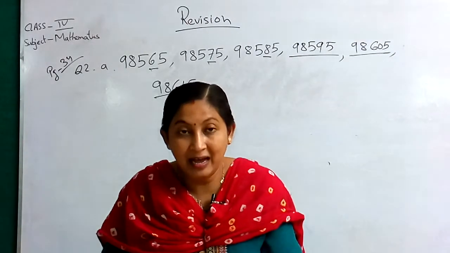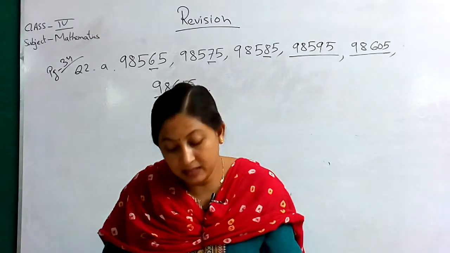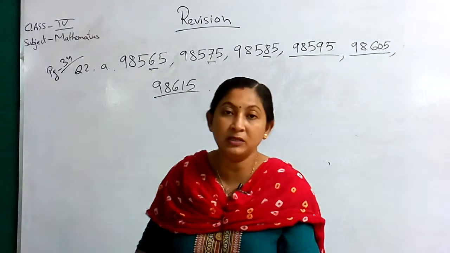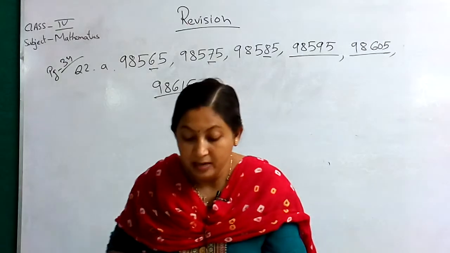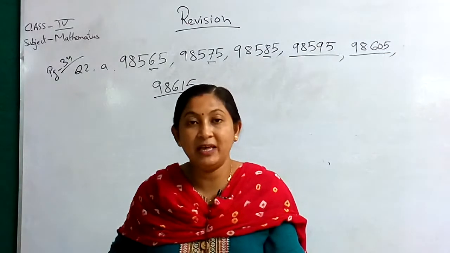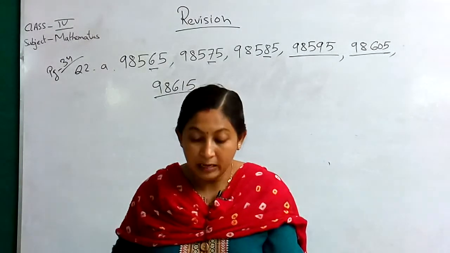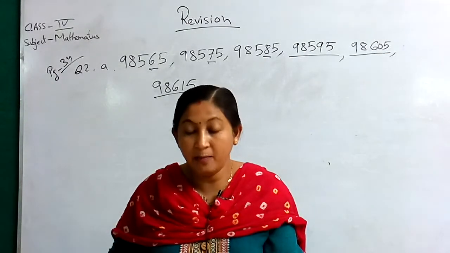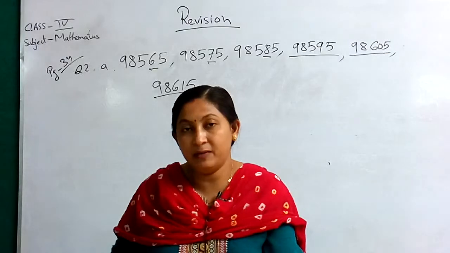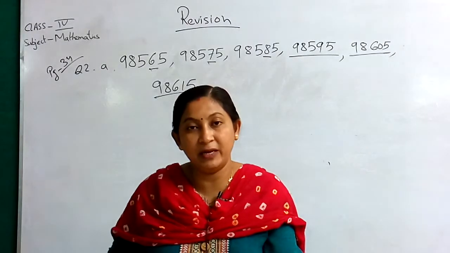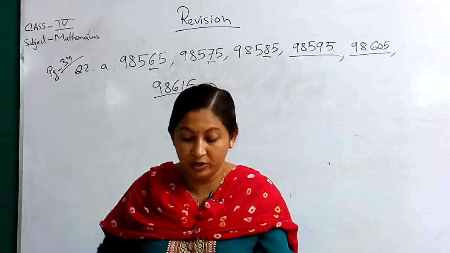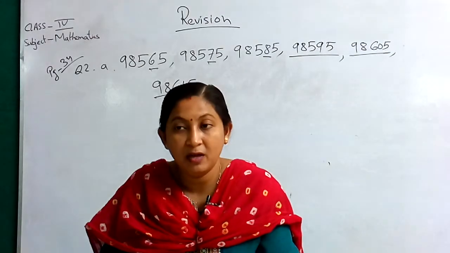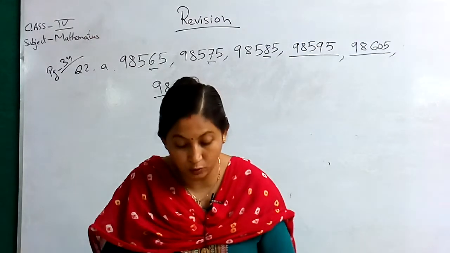Clear? Then 9 lakh. For the 9 lakh, the same process. Start counting from the ones. You will count and you can see there are 5 zeros. So for 9 lakh you will write 5 zeros. Similarly number D, 50 lakh. That means 5 is in the 10 lakhs place, and after that 0, 0, 0. So it will have 6 zeros. 50 lakh will have 6 zeros.